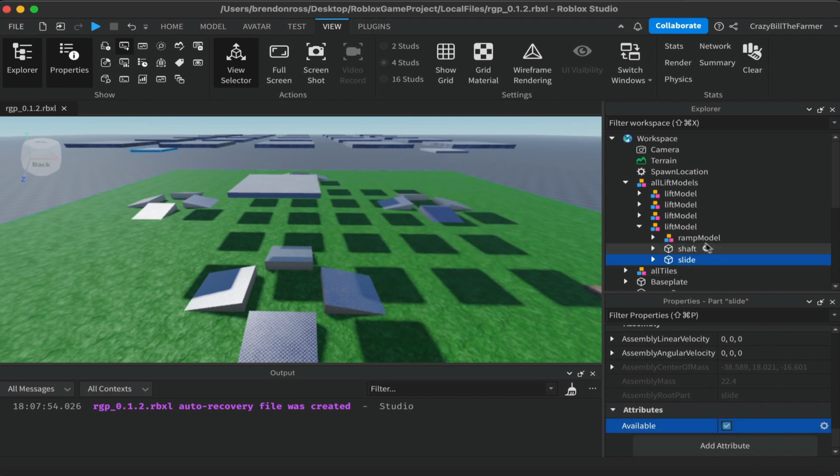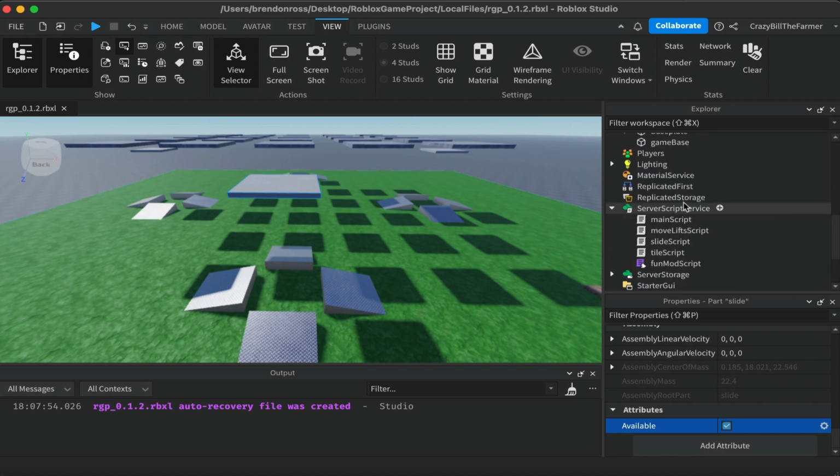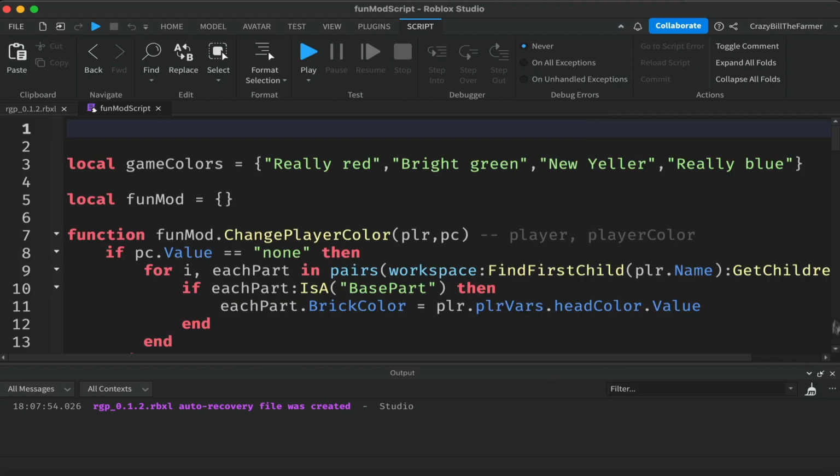Alright, so just make sure that in your lift model, you've got the slide part with this in each one. So go through and click and double check that the spelling is all the same, and we are good to go. Now we'll make use of that variable in a couple of scripts. We're going to firstly write a function that will reset our lifts for us. So come down to our server script service and we'll open up our functions mod, and I'll just get rid of these windows,